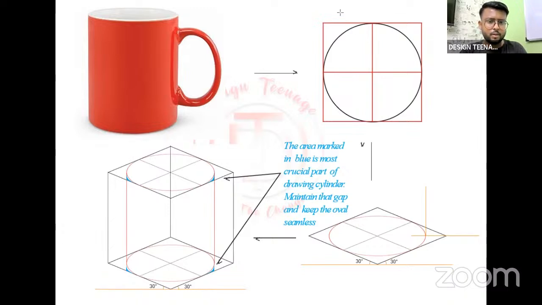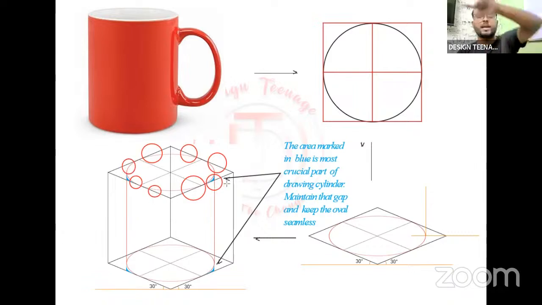We are here talking about 30 degrees at these angles. Okay, this is circular, and it's really hard to maintain. Hence, you will see that the problem which occurs is that almost every student, while creating the top of a pot, a flower vase, or a mug, or anything similar, is not able to maintain this particular spherical shape, this ellipse shape which they need to have to show how the mug is placed. For example, if a mug is placed very straight, you will be able to see, it might be if it is